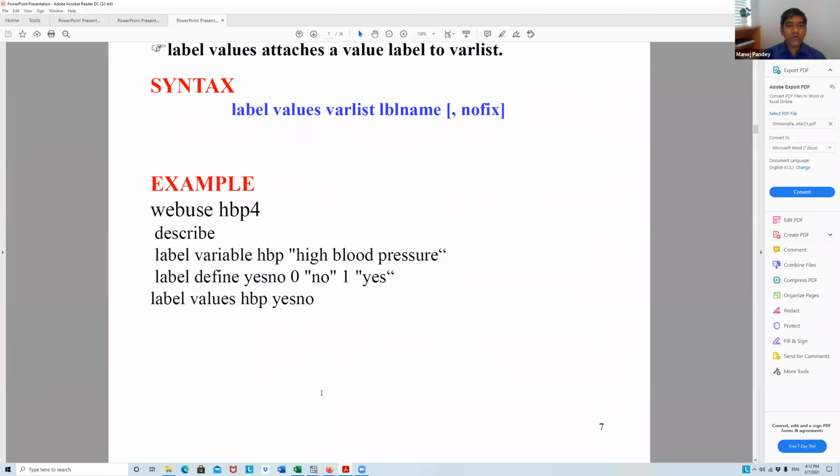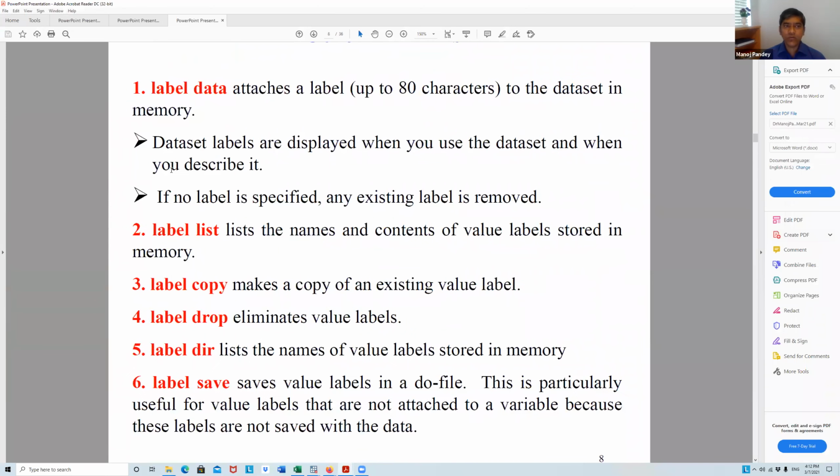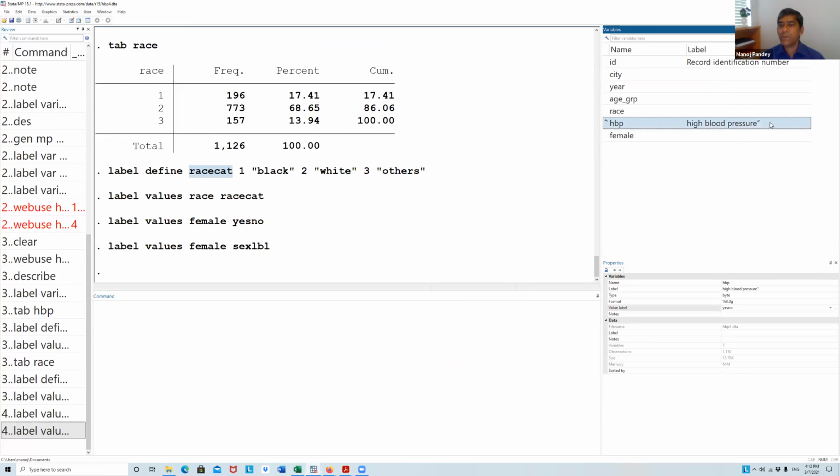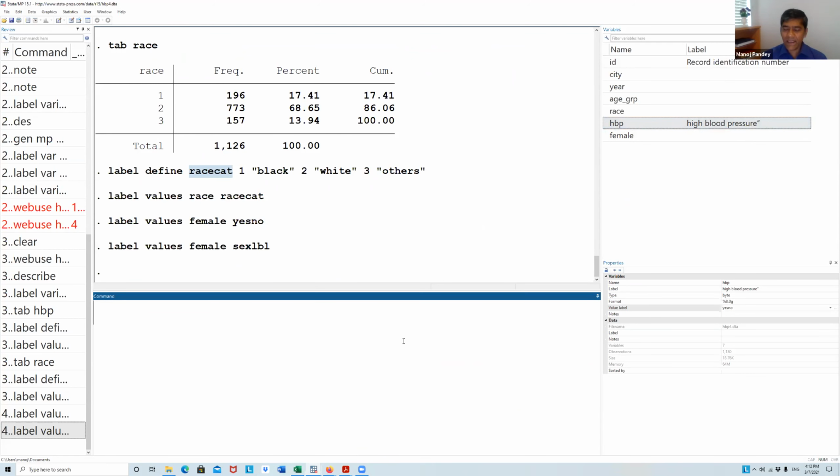So after label values, we have other labels. You can have label data, label list, label copy, label drop. If you want to drop a label, that is also fine. High blood pressure is the label, but you don't like the label anymore. You don't want anyone to know that HBP is for high blood pressure, because people might use your data.